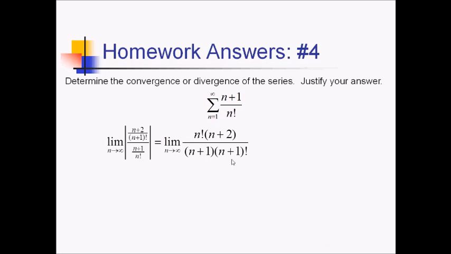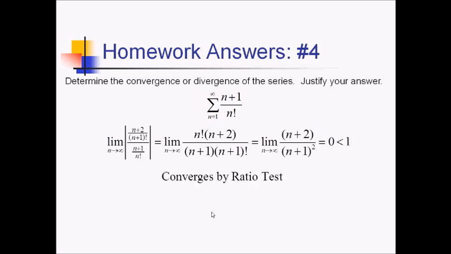And now reducing this a little bit, n factorial, n plus 1 factorial, that's really just n factorial times n plus 1. So n factorials can cancel. That leaves me with just an n plus 1 and an n plus 1 in the denominator, or I could write n plus 1 squared if I wanted to. And now, reducing all of this, if I ignore the slower growing terms, I have an n over an n squared, which is just going to be 0 because we have a faster growing term here. Now, the important piece is that 0 is less than 1, so that means this is going to converge by